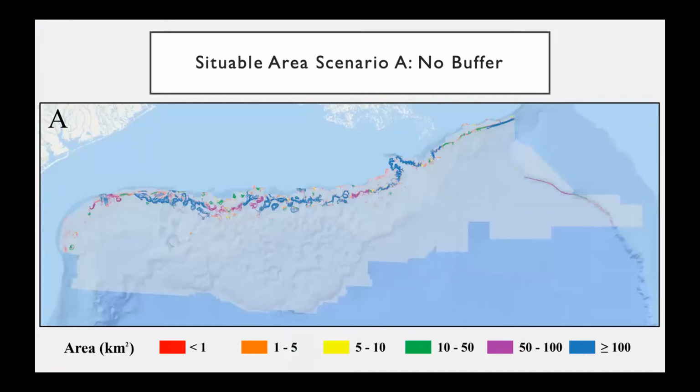So here you can see our suitable area scenario A with no buffer. The color swatches that you see represent different areas based on their total size. As I move through the different scenarios, pay close attention to the blue areas that represent greater than or equal to 100 kilometers in size, because those begin to shrink as the habitat fragments more with the oil pipelines. But with this, we did have 3.5% of our study area as suitable habitat, as defined by the 0.6 probability